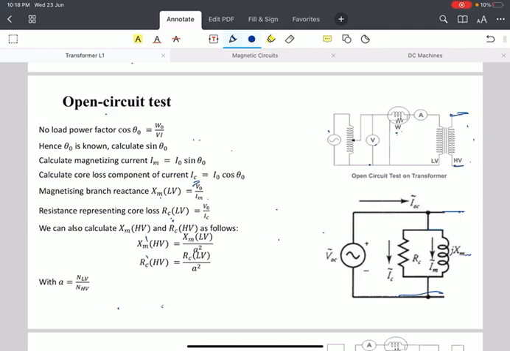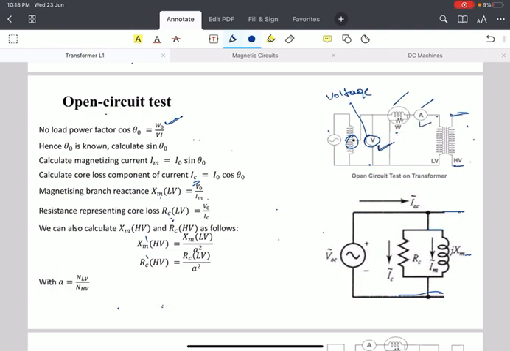As you can see here, this is a transformer which is connected to an auto transformer with variable power supply. The power supply can be variable here. It is connected to the AC source. So in parallel to the LV winding, we have connected a voltmeter in order to measure the voltage. And we have connected a single phase wattmeter in order to measure the power. Okay, and we have connected an AC ammeter in order to measure the current through the transformer. So let us say in the open circuit test, a rated voltage of the transformer will be applied. Okay, so we can find out W naught, which is the no load power or open circuit power of the transformer, and we can measure the voltage and we can measure the current.